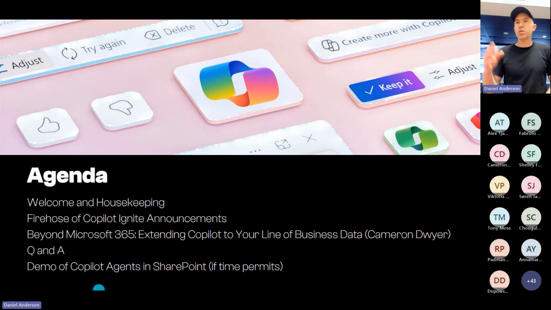Then I'm going to go through, very, very quickly, some things from this little event happening last week called Microsoft Ignite. There are a lot of announcements and things that are coming. I'm going to whiz through those very quickly and then hand over to Cam to do his thing. We do have a video that is coming as part of Cam's presentation that should work, but just bear with us for a couple of minutes while we set that up when Cam wants to present that.